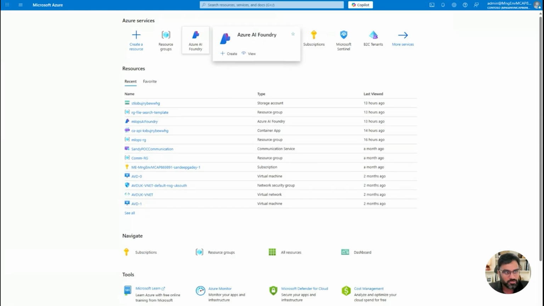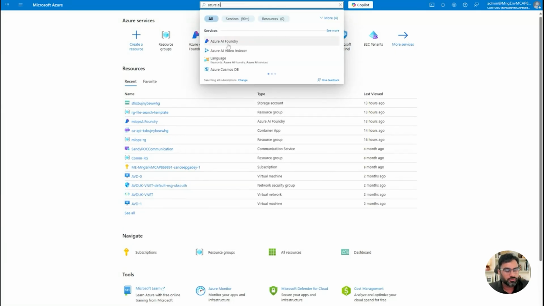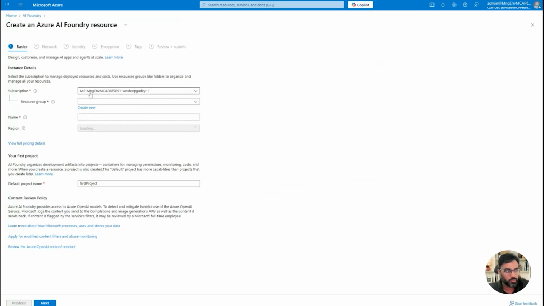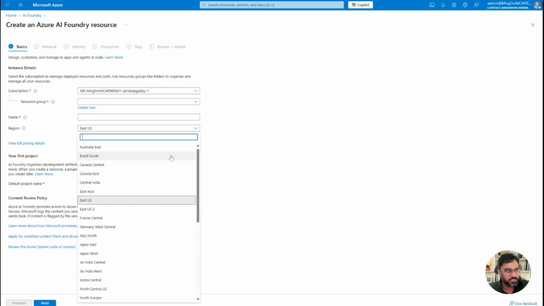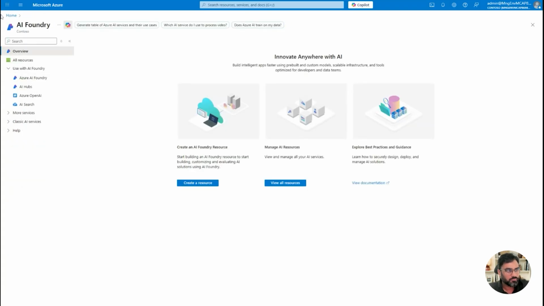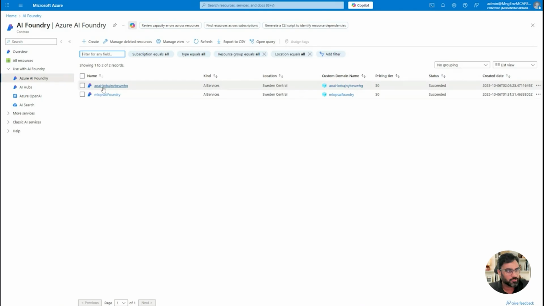But the main thing is this Azure AI Foundry. So you can simply come here and search for Azure AI, and then you will be navigated to Azure AI Foundry, right? So here you can deploy AI Foundry projects, right? You can select the resource group and provide the name, select the region and things like that, and then you can deploy. So I have deployed one already. Let me show you, let me take you there, right? I have deployed one Foundry project already.